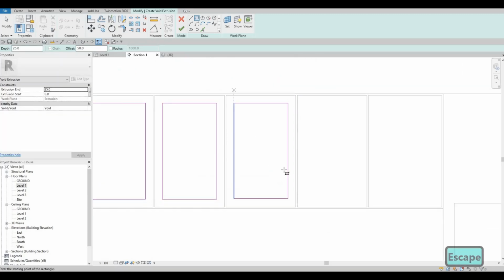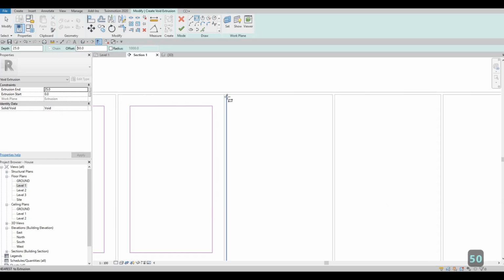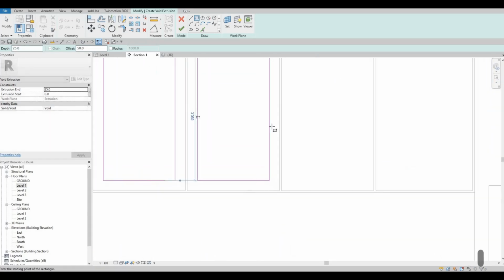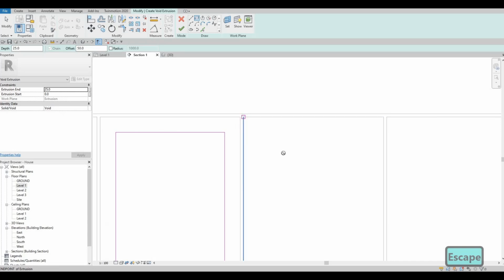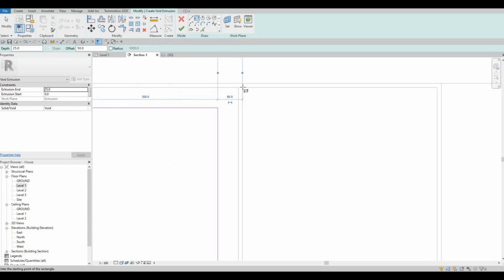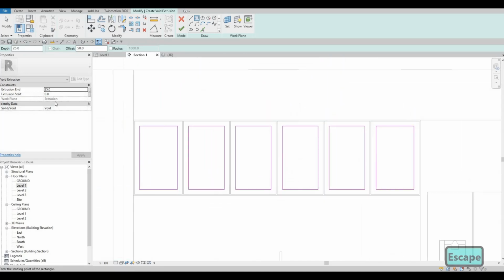I'm gonna redo this part. And then let's do this again. Click on offset 50 and then offset at the corner, spacebar if your offset is from the outside and you want it to be in the inside. And then once you do finish, from the start to the end, we want it to be -5. So after that, click on apply